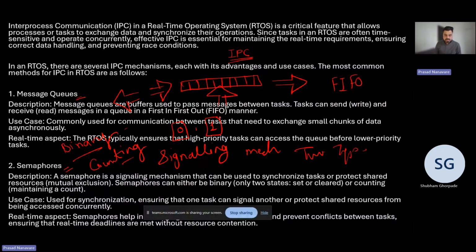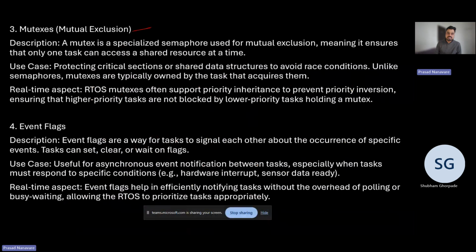When the resource is available for a task to consume, the semaphore is 1. And when it is busy, when the resource is engaged, it is 0. So this is the signaling mechanism used for synchronization. Then similarly, we have mutexes. A mutex is also a semaphore only, a special kind of semaphore,